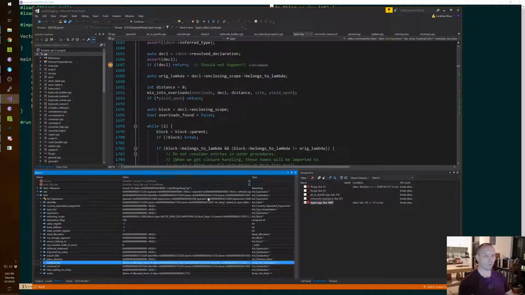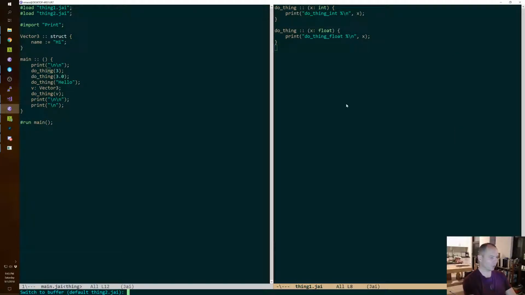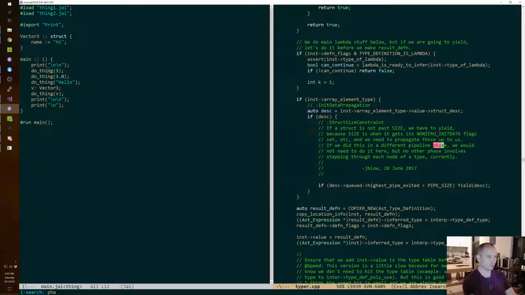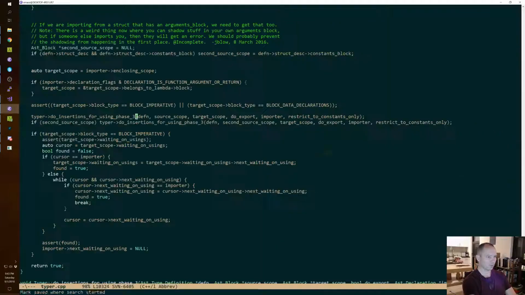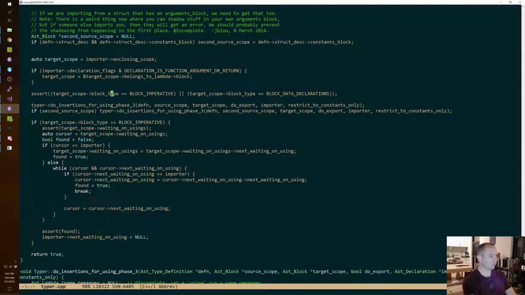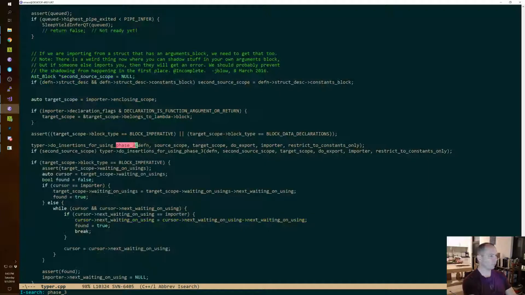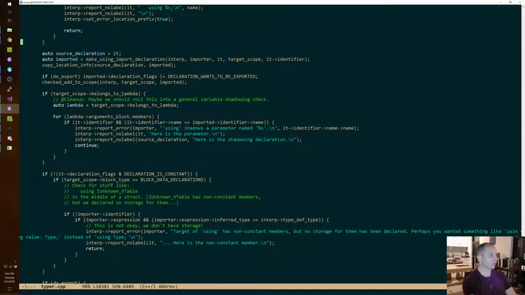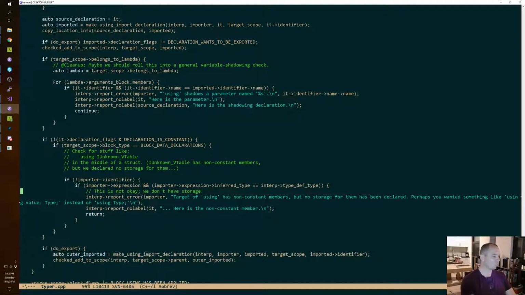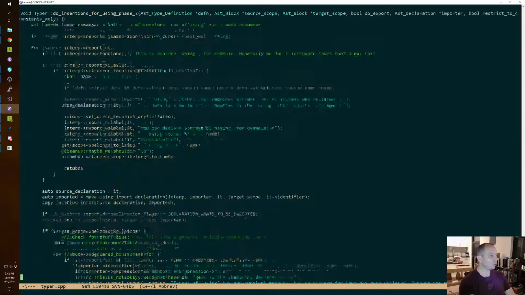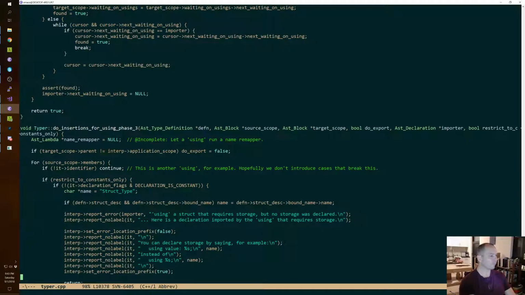So if you'll remember, when we looked at this phase 3 situation, we do this export. Oh, it was in phase 3, right? We do this export, and then down at the bottom, we're like, hey, if we're also exporting, which is confusing because we just exported a declaration.